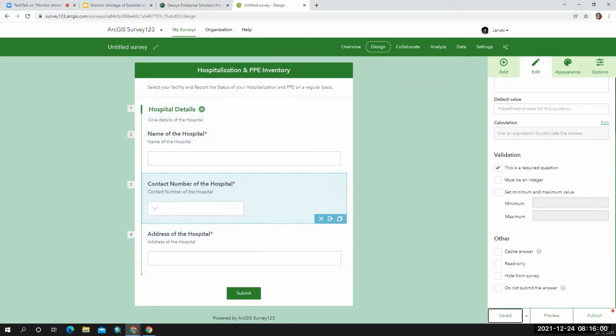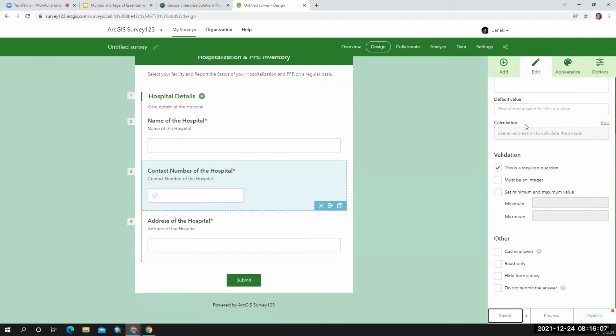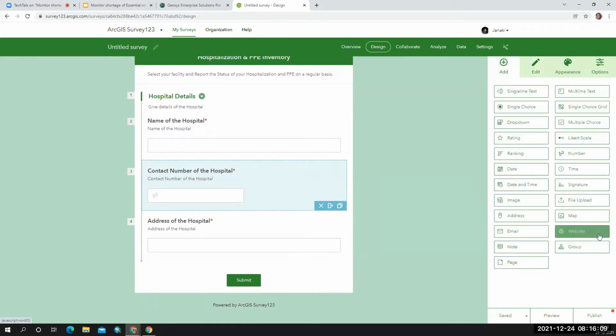So in this, hospitalization details. Once I have the basic hospital details, then I'm going to have the hospitalization details here. So again, I'm going back. Again, I'm going to take a group.